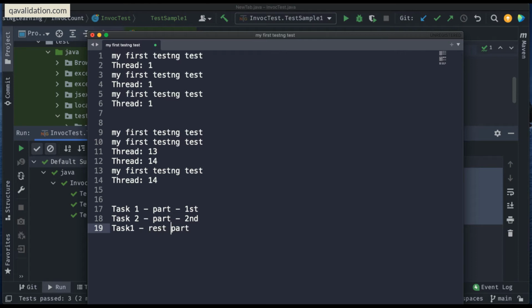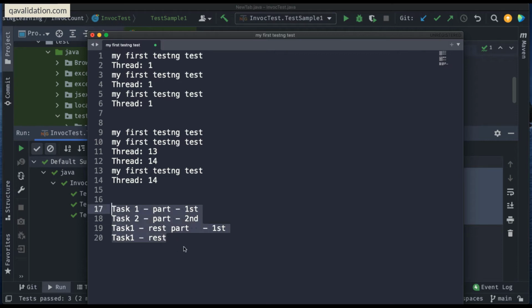Now the first thread is executing, again task 1, and the rest of the part it will finish. So it is not exactly parallel in how all of these threads take over. There is just some fraction of a second difference here and there, which is very minimal, and you cannot really capture those differences. But this is how it is running.